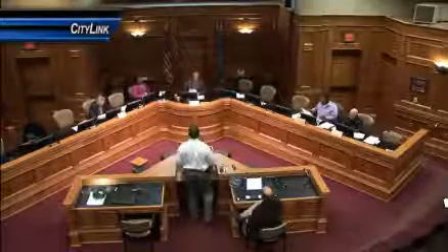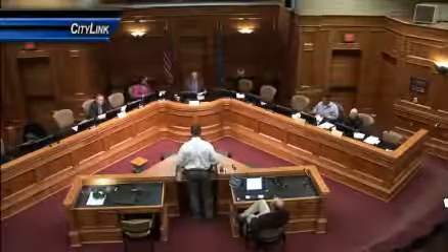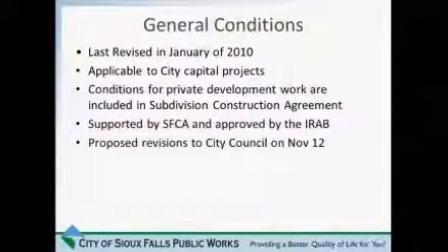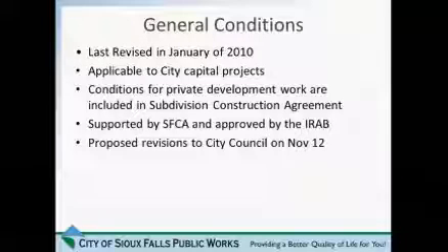All right, now we're going to move on to our general conditions. These are the conditions that we use for constructing our capital projects. They were last revised in January of 2010, and again, they're only applicable to our city capital projects. When we talk about private construction and private development, those conditions are in the subdivision construction agreement that we implemented a while back.